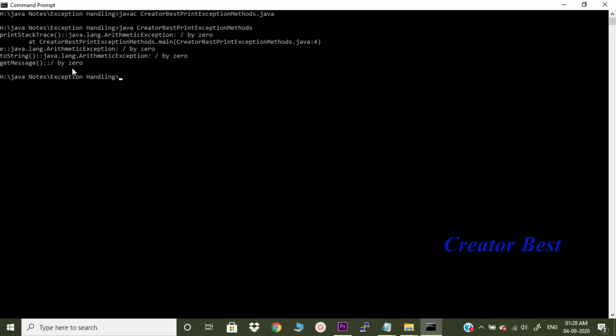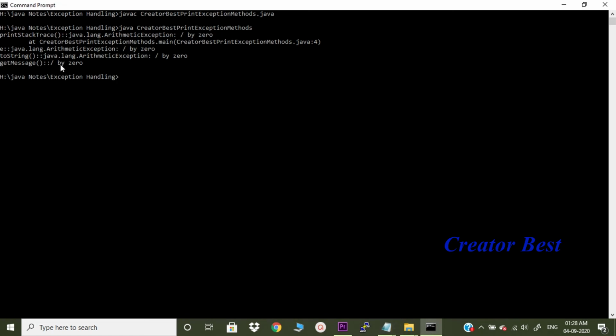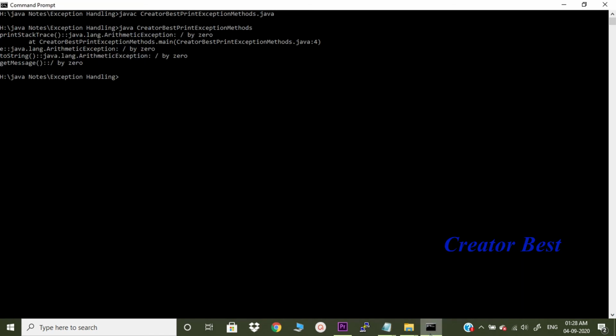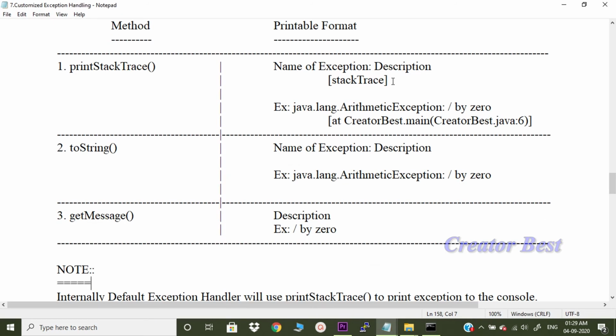And getMessage will simply give you the description, divide by 0. getMessage will give you the description. toString method will give you the name of the exception and also the description. printStackTrace will give you the entire exception, including the stack trace.